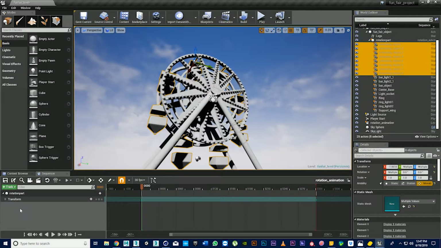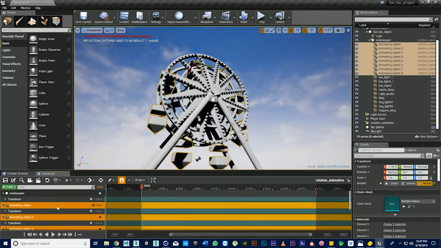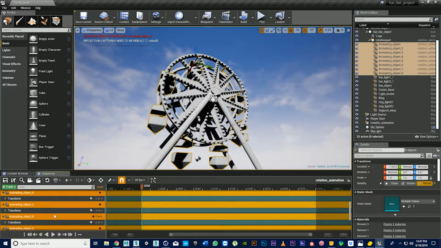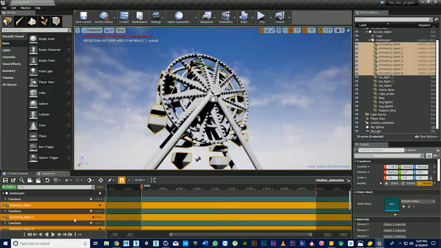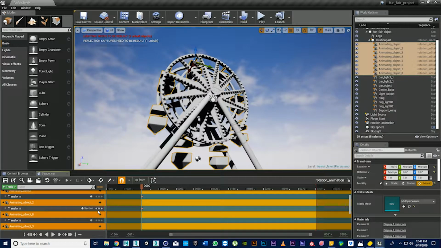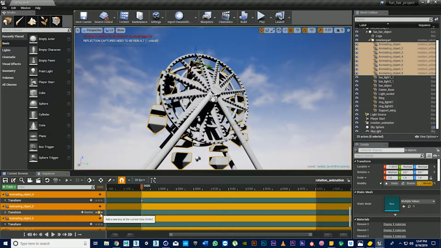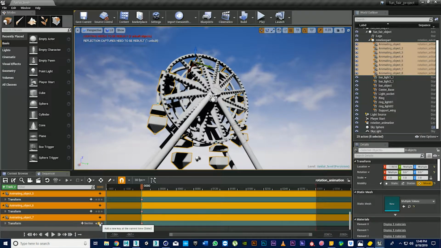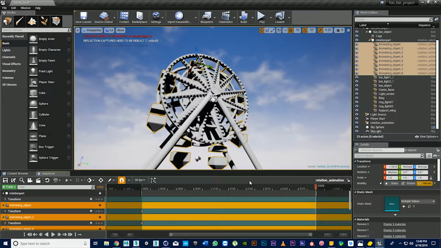I will drag them along, and we have already got a transform track for them automatically. So I will click in each and every one of them. Click it here, click, click. Okay, these are their starting keys, and their end keys should be